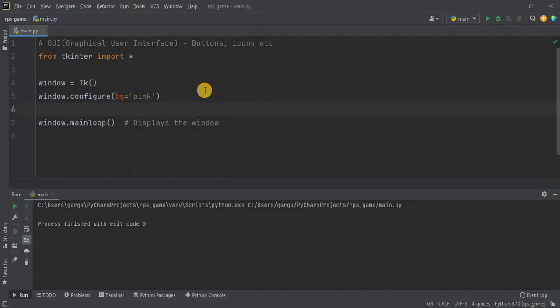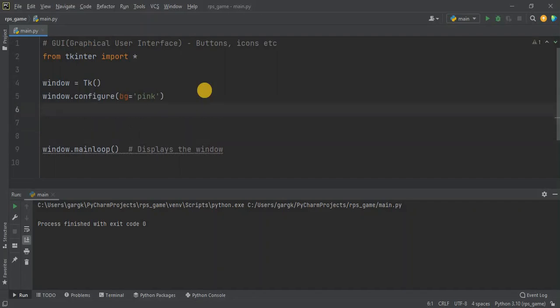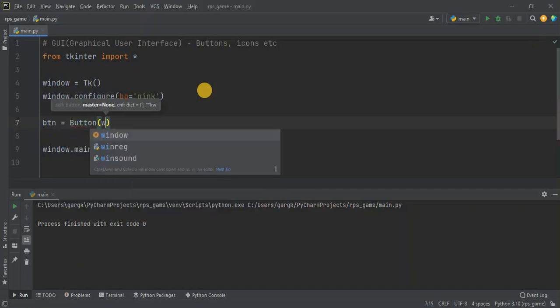Now think about a rock paper scissors game. It is going to have three buttons, right? One labeled rock, second one labeled paper, and third one labeled scissors, right? And for that, I can use a Button class inside tkinter. So what I can do is say button equals Button, oh sorry, Button, and I can say window